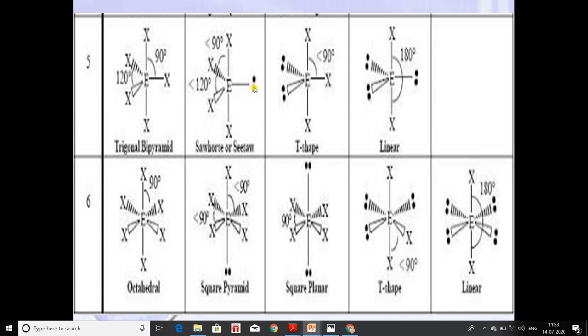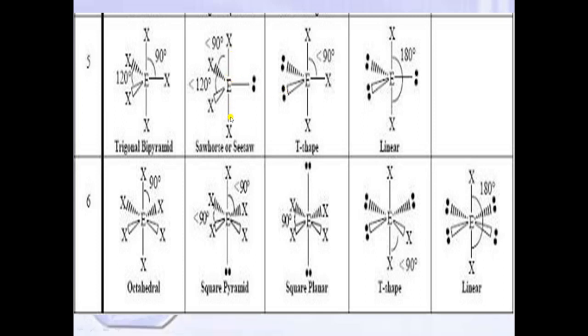Now position of lone pair is fixed. You will keep lone pair here only. Okay. Because when we place lone pair here, then the repulsion between lone pair and bond pair is minimum. So that is why position of lone pair is fixed when one lone pair is present. Okay. Now we have to tell what is the shape of the structure. So we have to see only bond pairs. So you have to predict what is the shape.